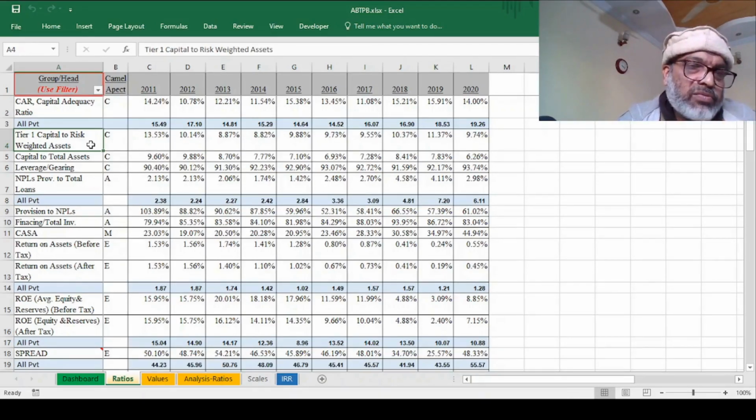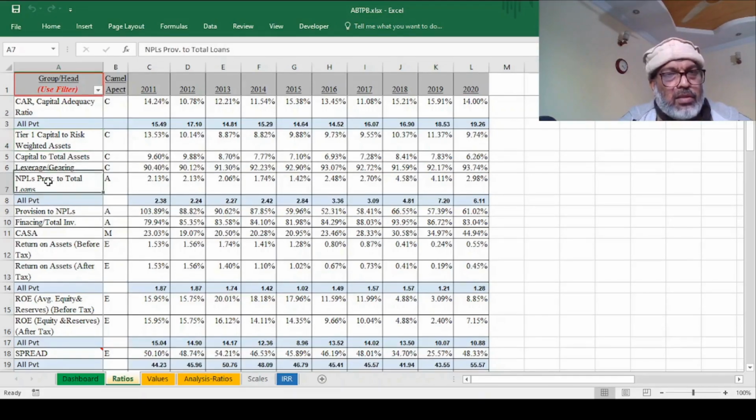For example, if there is a 100,000 loan and there is a 10% risk of its going insolvent, then we will take 90,000 as a risk-weighted asset. So these are called the risk-weighted assets, and their ratio to capital to risk-weighted asset, and non-performing loans ratio, and